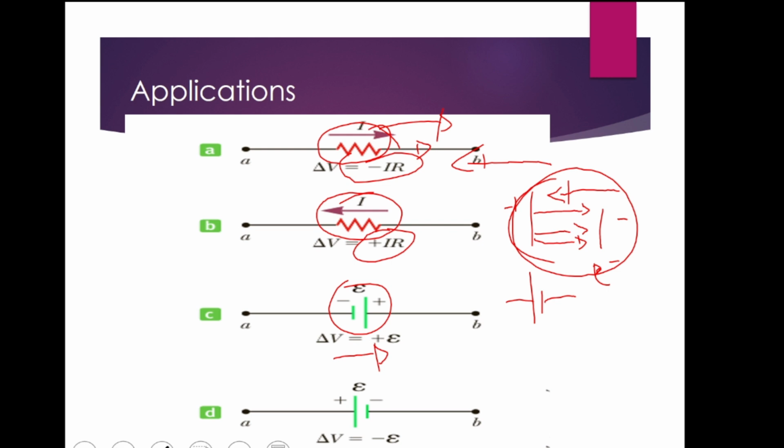If we are moving against the electric field, we assume it to be positive because we need this external energy to be spent on the charge to move it against the electric field. And if we are moving across from the positive terminal to the negative terminal, we are moving across the electric field. You can assume like you are moving in a